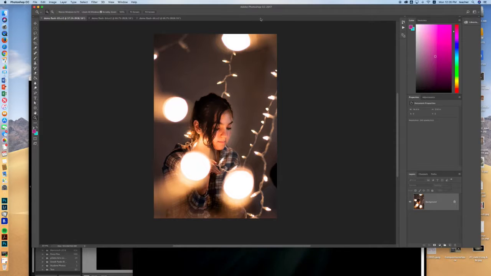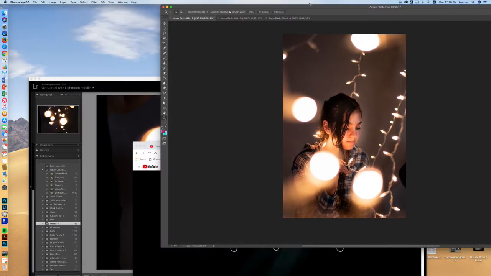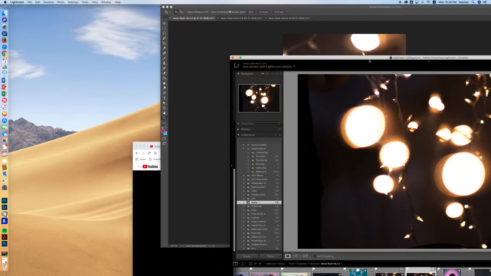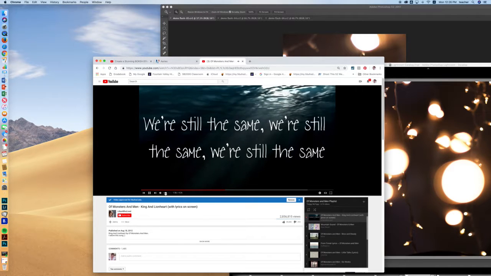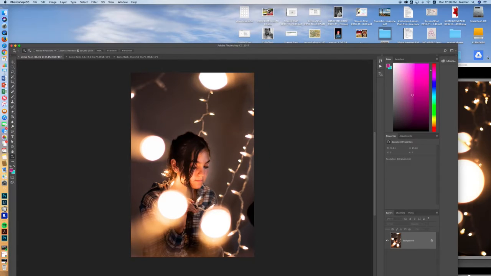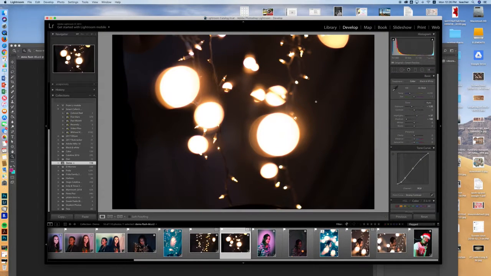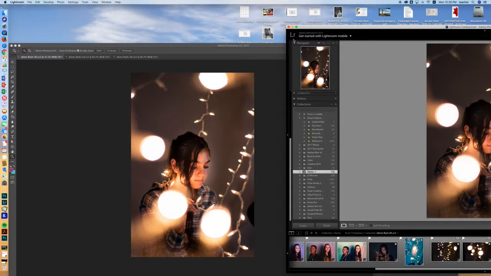So here we have this wonderful picture that we took in class, and I went ahead and edited this already in Lightroom. I'm going to turn this guy down a little bit. I edited it exactly how I want it in Lightroom already, so you definitely want to do that. Going through this, I lightened up the face a little bit, I darkened the background, okay, and then you get into Camera